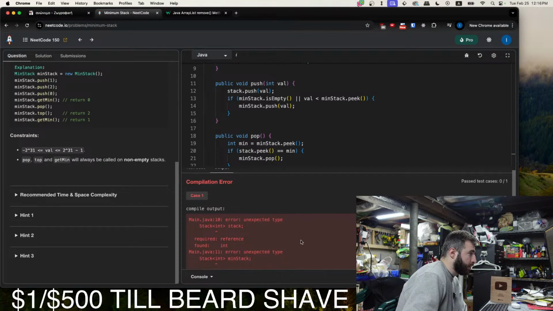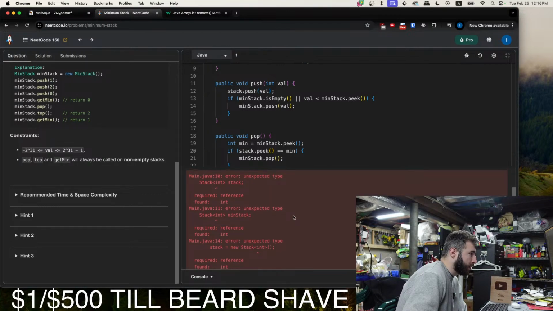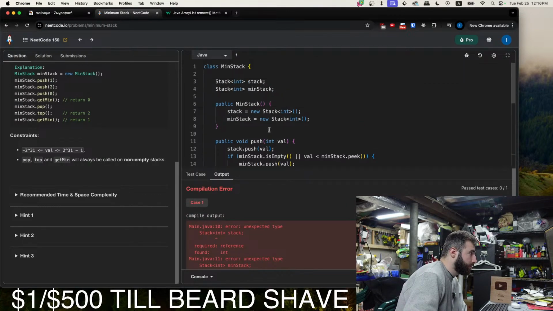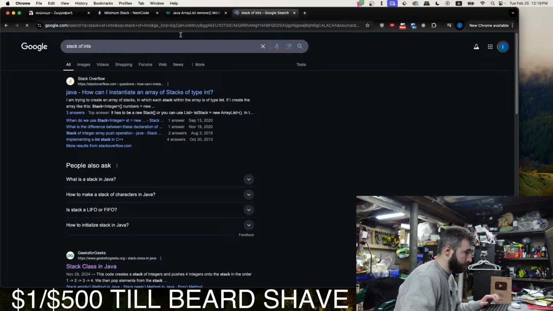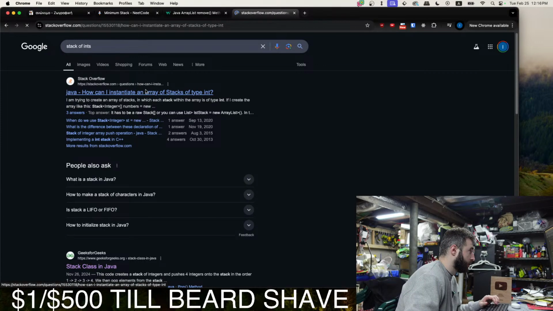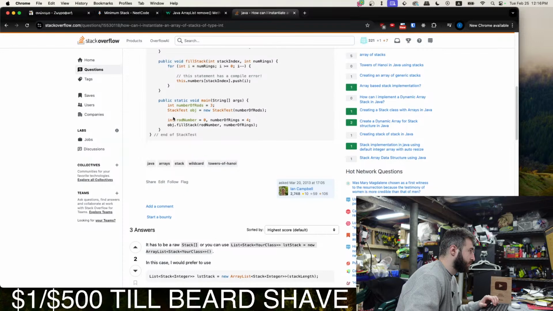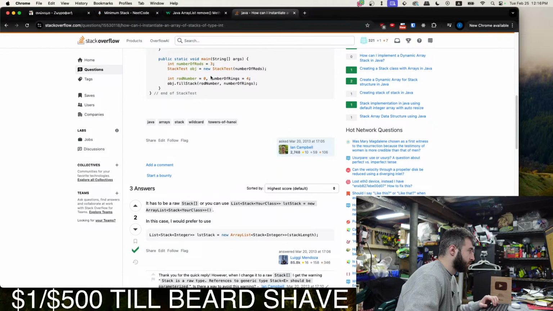Unexpected type. Is int not allowed? Stack of ints. We have to use Integer, don't we? It has to be a raw stack, or you can use your class list stack.